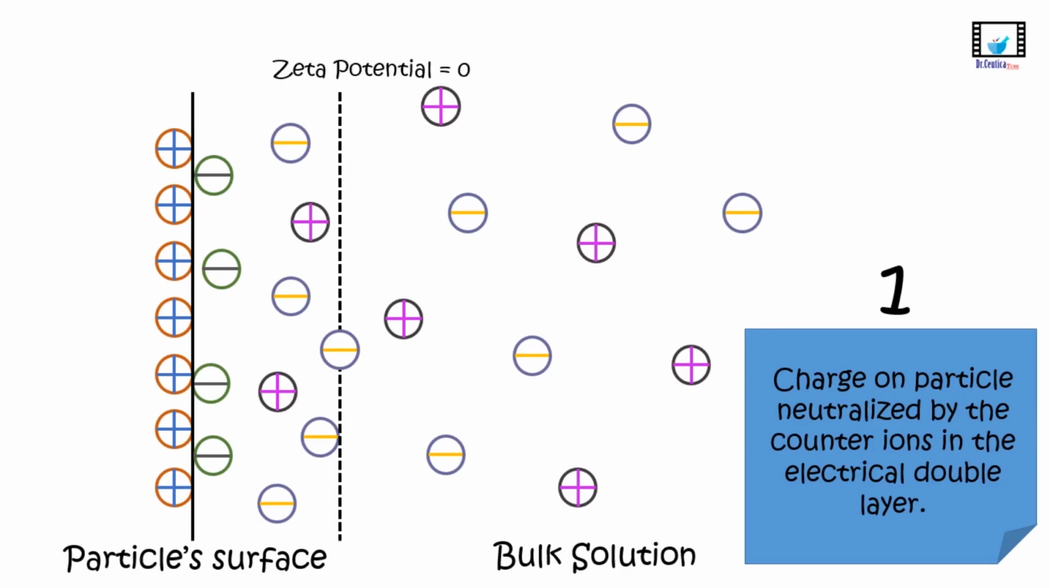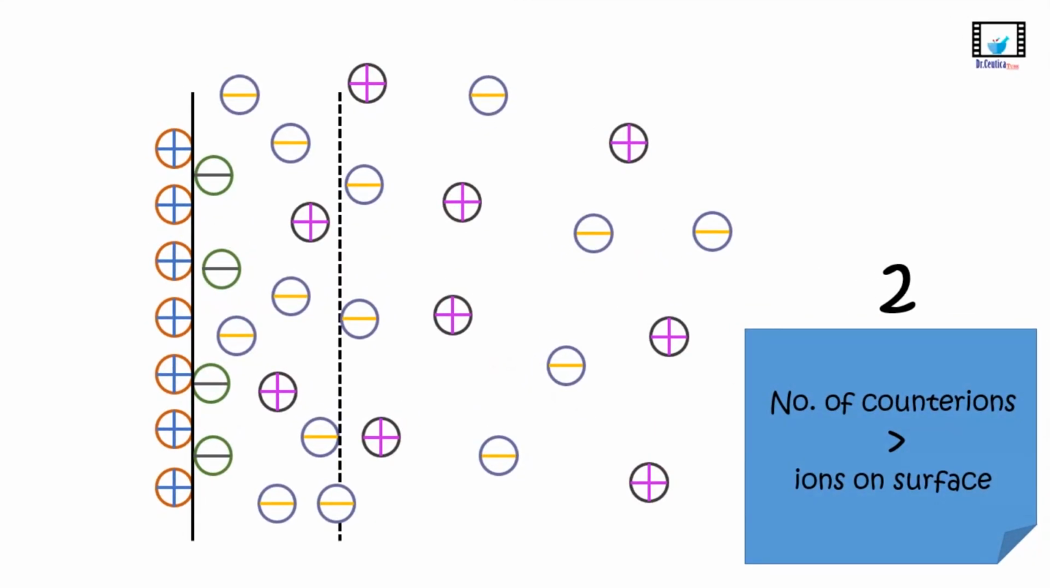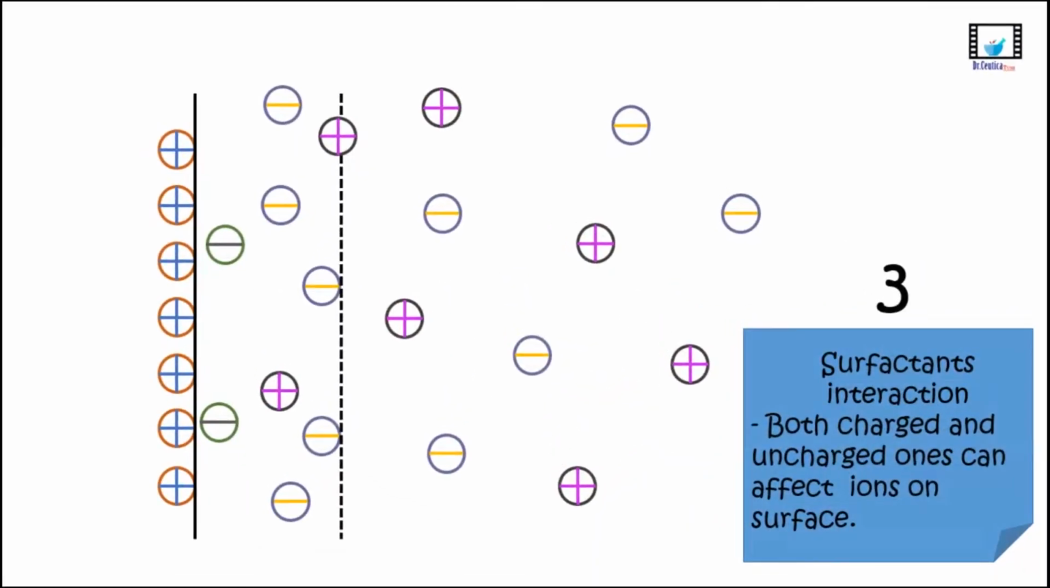Or the number of the counter ions in the electrical double layer exceeds the ones on the surface of the particle, and here the zeta potential would exhibit a charge opposite to that of the nearness potential. In our case, and according to this scenario, the zeta potential would have a negative charge, which is the charge of the counter ions. The third scenario involves a very important ingredient or excipient used in suspensions, which are the